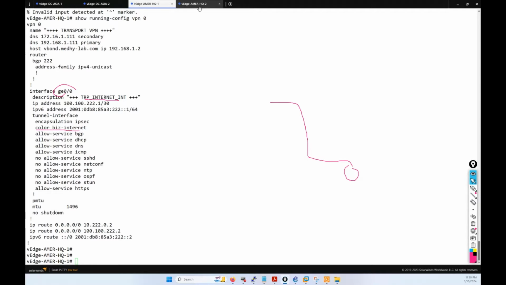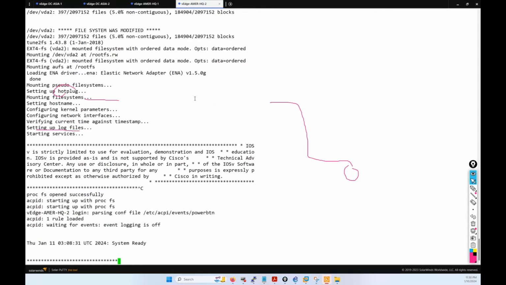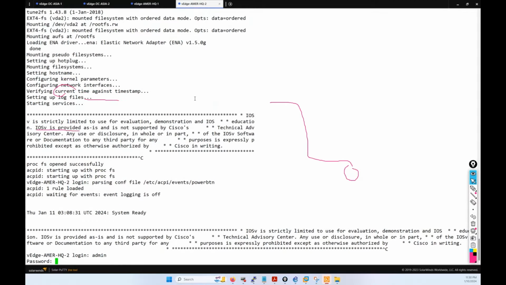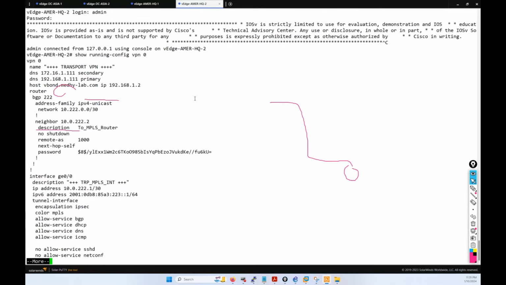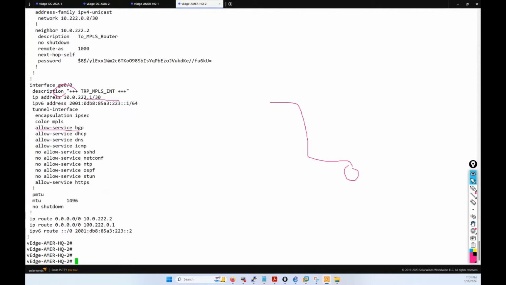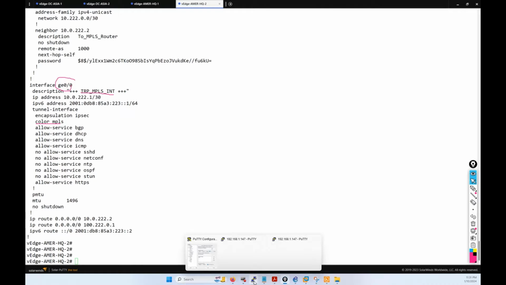And if we go to vEdge 2 at the same site, show running config VPN 0, we can see that there is one interface, it's connected to the MPLS and the color is MPLS. So if we go back to our topology,